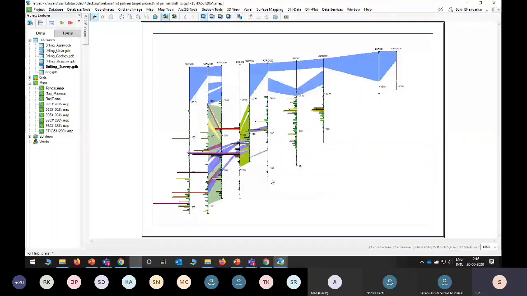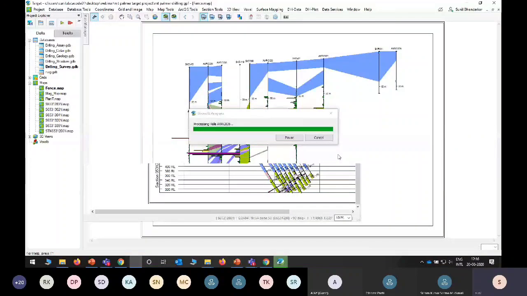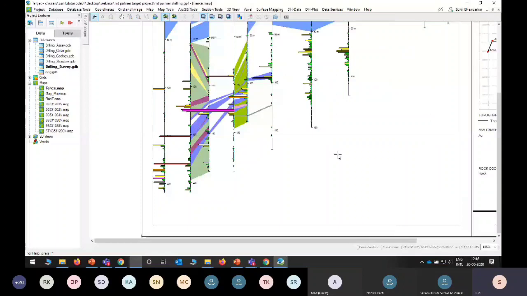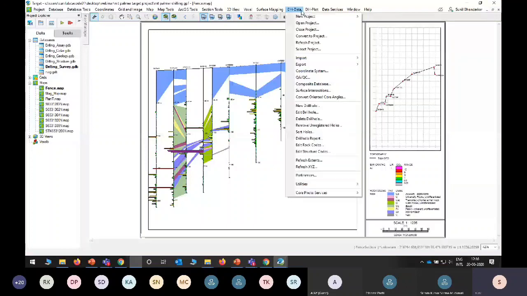Now you can see the same fence diagram with respect to all your data sets. You can see this is my selection, with respect to index and the scale, and this is the topography. So accordingly, we can create a fence diagram very quickly and very informative. Now we'll go towards the geostring file.